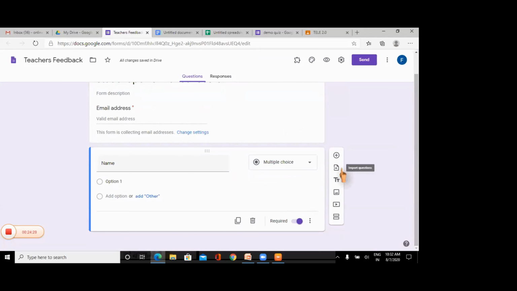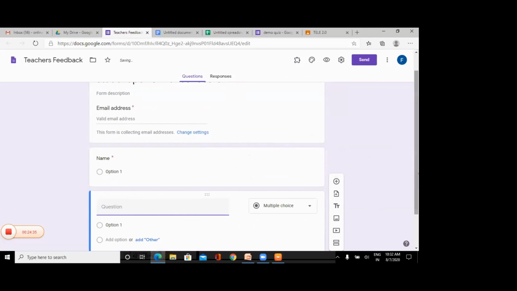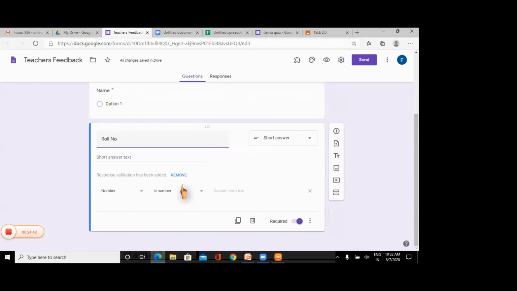You will get to know later why I have put this as a multiple choice question. Next, I'm giving the roll number. It must be a number. Okay, so by default it's putting the response validation check.